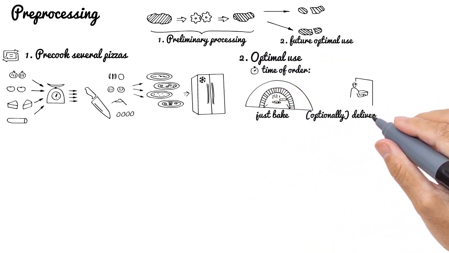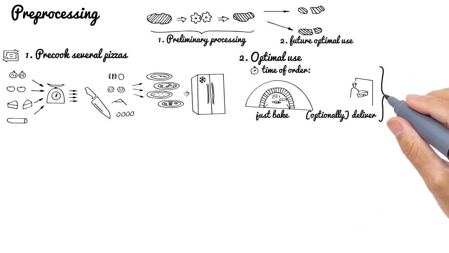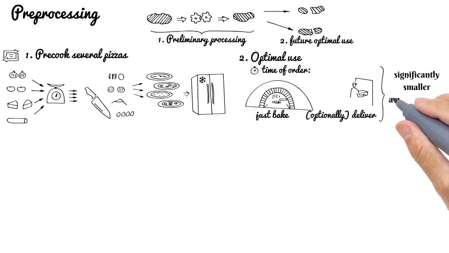This two-step process with pre-cooking and finalizing the order is more convenient and faster than making every pizza from scratch for an order. First of all, the last step, finalizing the order from prior pre-cooked pizzas, takes significantly smaller amount of time,